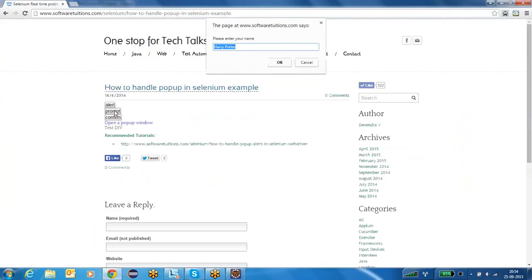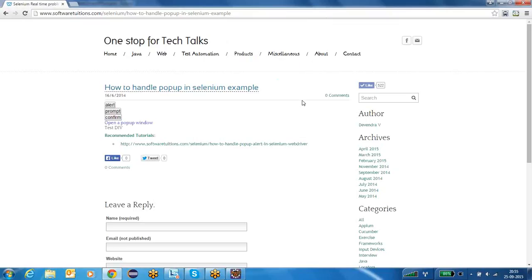So I designed the examples in this way. I have the prompt box, I entered some text there and I clicked on the OK button of it. How can I check whether Dev is entered or not? So to check that, I am again alerting with that same name. Whatever name you have given, with that I am saying hi. If you enter Rajan there, I will say hi Rajan. See this. Please enter your name. If I enter Rajan, it will say hi Rajan. Like that I have implemented. So based on the next alert message, you can easily observe whether the actual name is entered or not.